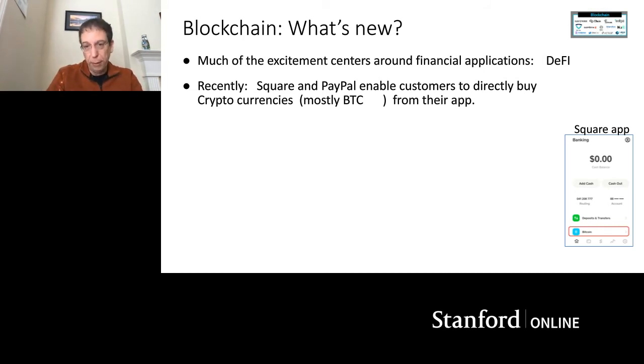And the same thing with PayPal. And apparently there's a lot of demand for this. So already you see these cryptocurrencies going mainstream, in that the general public likes the fact that they can interact with this very sophisticated financial system. They can interact with it quite easily, and in many ways, it's a lot easier than the traditional financial system. What's interesting is both Square and PayPal currently only support Bitcoin, which is a little bit